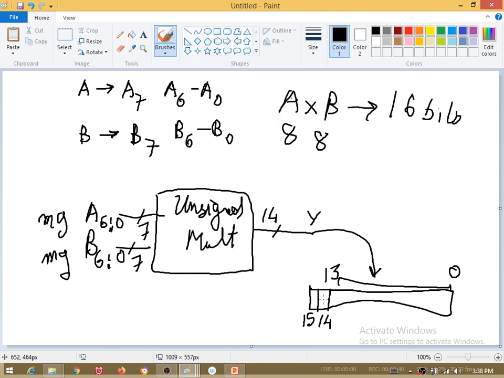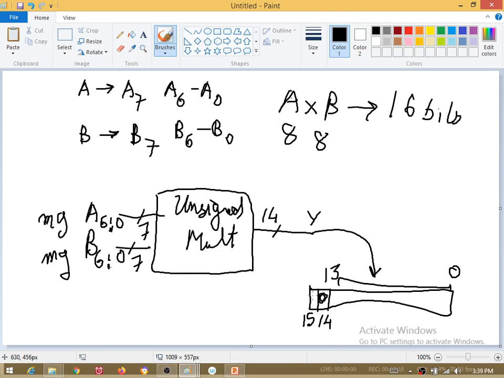So then what is bit number 14? Because remember the answer is supposed to be 16 bits. Bit number 14 is always going to be a 0, correct? We are simply extending the magnitude part with its sign. The magnitude here is always going to be positive, so the sign of that is always going to be 0. So we are placing a 0 in the 14th position.